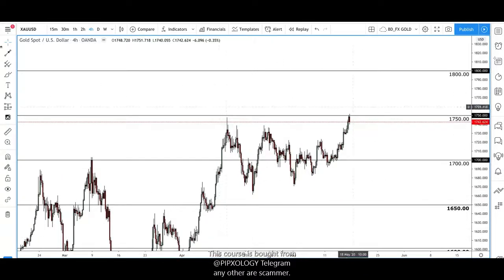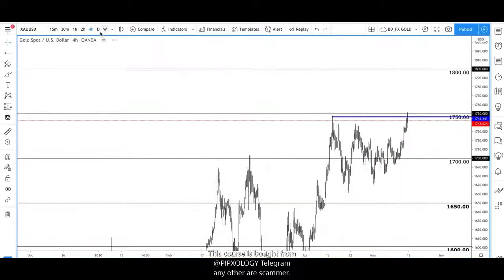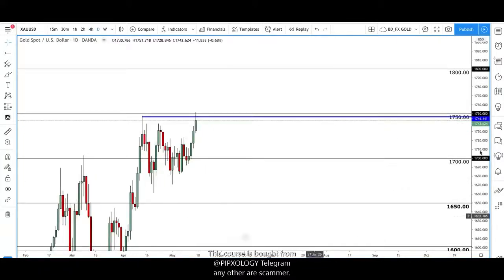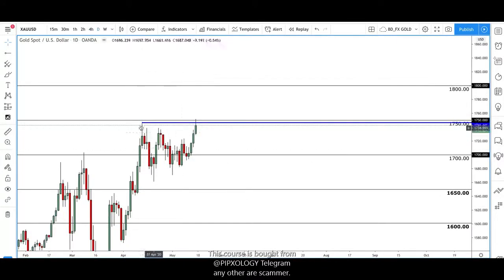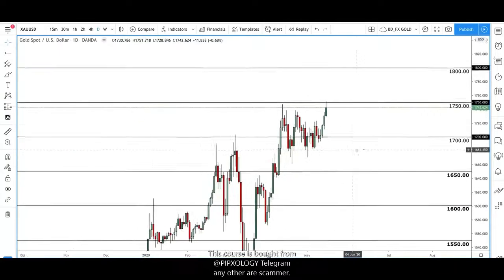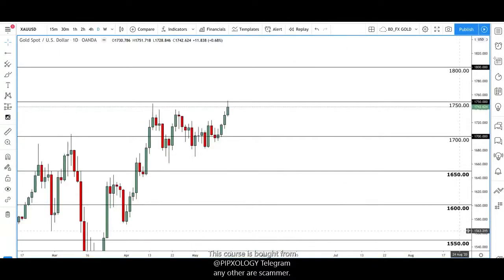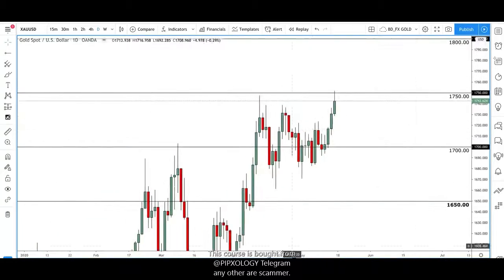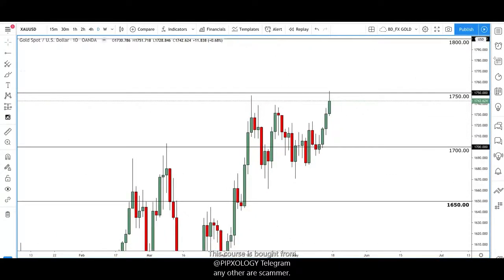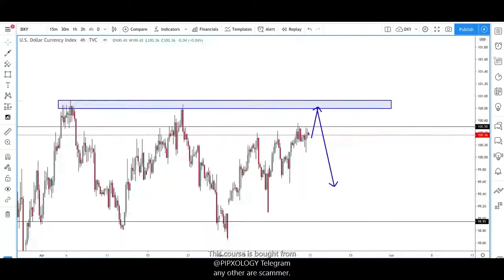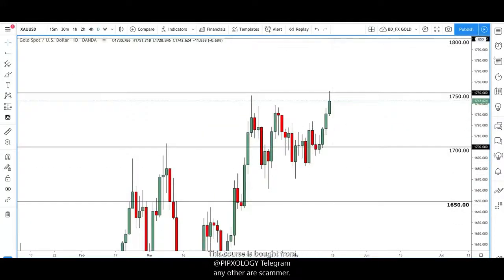We're just making a double top here with the last high over here right now. So there hasn't been enough in price action for us to be able to call what the next move is. We've just seen a breakout of the triangle. We're just making a double top. So we need to see a bit more price action from around here before we can actually call the next move on this. The US dollar may give us some indication of what might happen on gold as well next week.